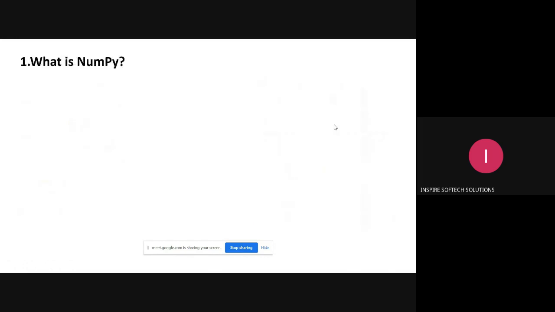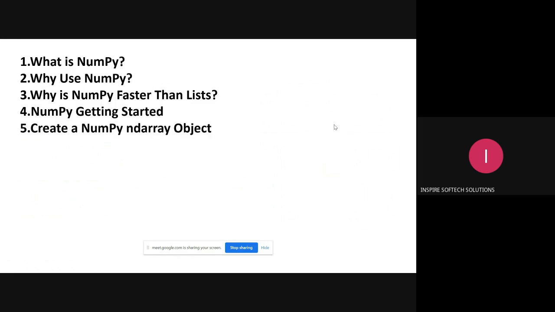I'll show you what is NumPy, will discuss what is the use of NumPy, why we are using this NumPy, will discuss why NumPy is faster than the list. I have proved it already, but one more time I'll show you, so no issue. And getting started with our NumPy, here we'll start and create the NumPy using the ND array object. We'll discuss dimensions in an array, so based on the 0D, 1D, 2D, 3D up to ND, we'll discuss.